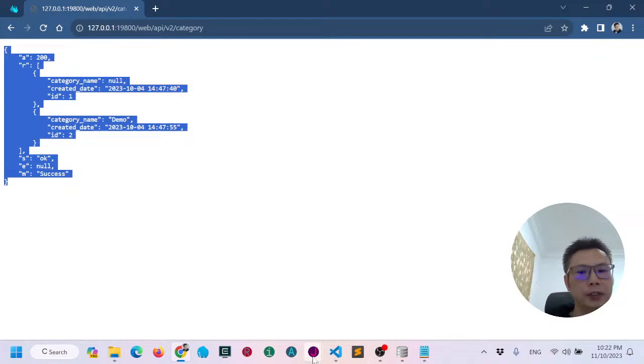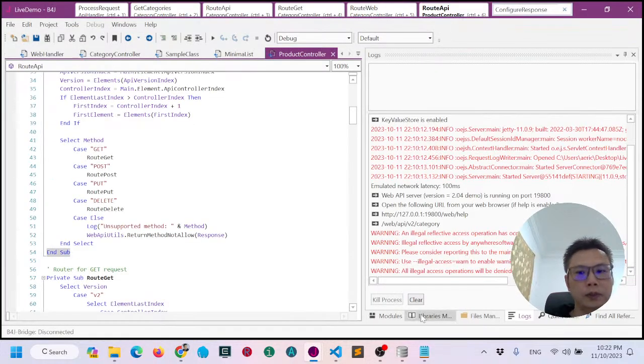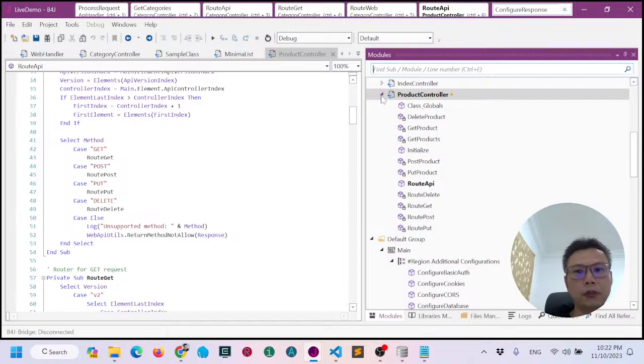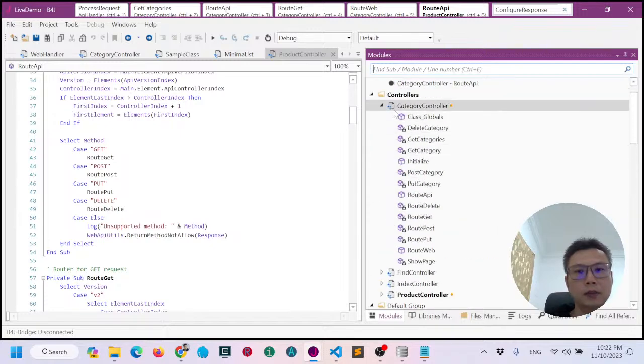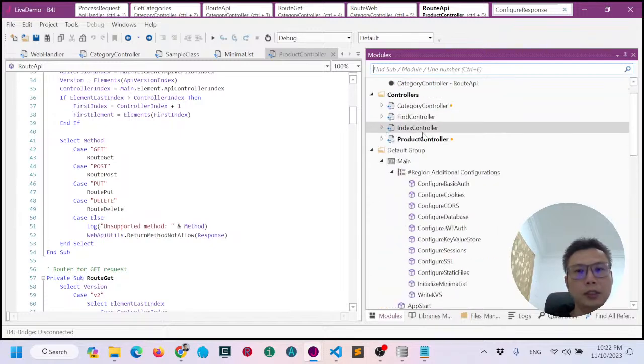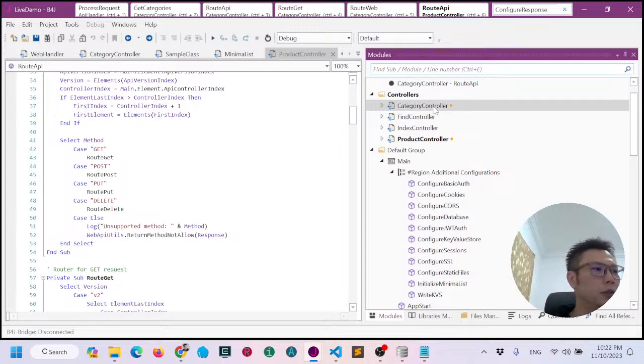Actually, the number of controllers doesn't mean it needs to match the number of tables or the models that you have. Let's say you can have 10 tables, but you want to, let's say,